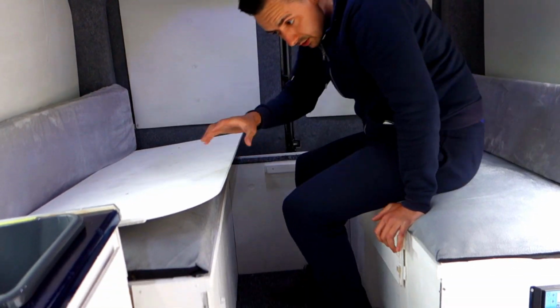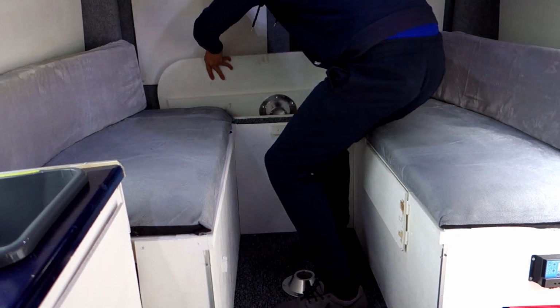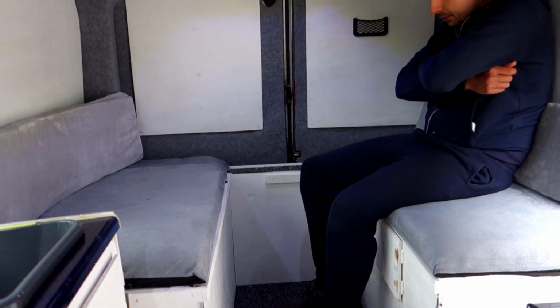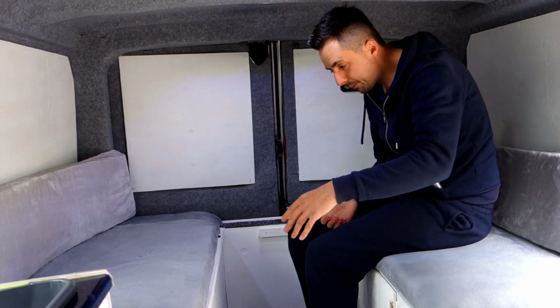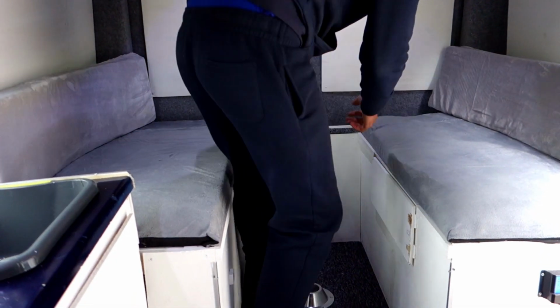And then this, if you just want it to be just a space to sit, that goes down there, out the road, and then you've just got a nice space to sit and chill out, talk, etc. But if you want it to be turned into a bed, all you got to do is, I'll get it out first,